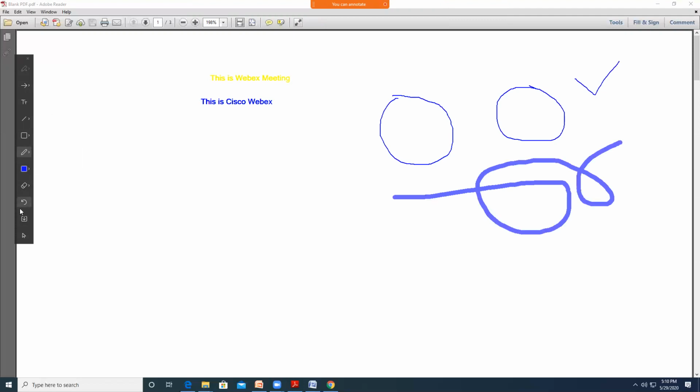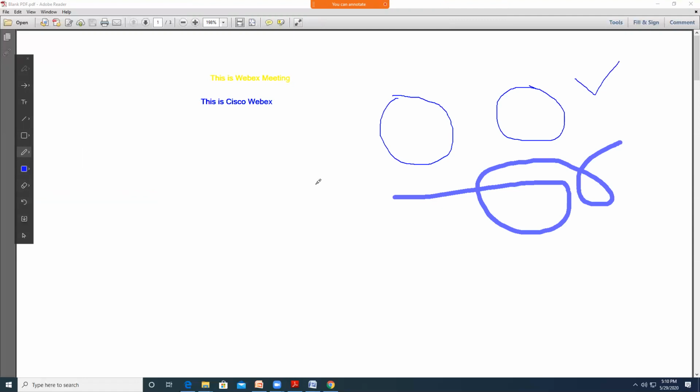You can also, instead of typing it, start writing things over there. You can take a pen tool or a pencil tool, and just start writing. You can start highlighting. There's one more tool, which is a pen tool, so you can just write anything. And you can also erase. When you click erase, everything will go off.